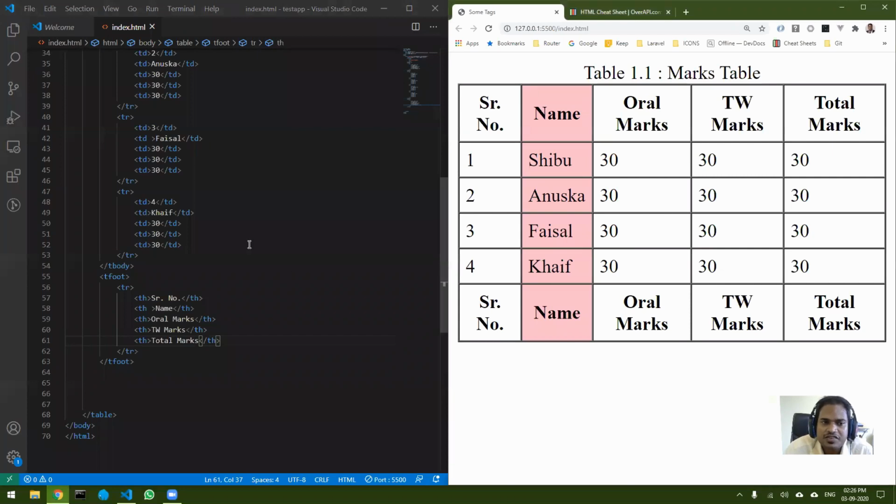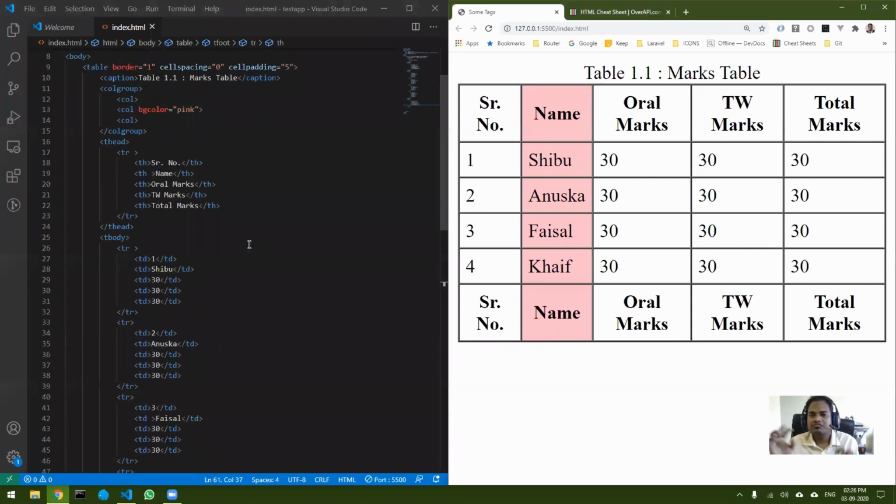Okay, so that is where we start merging the table and create complex tables. For that you have to understand something called colspan and rowspan. Okay, so the first thing, the way I do it, I will teach you. Now it is completely up to you to decide how to go ahead with this.